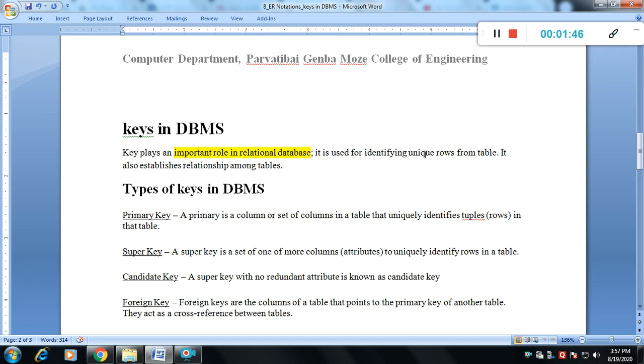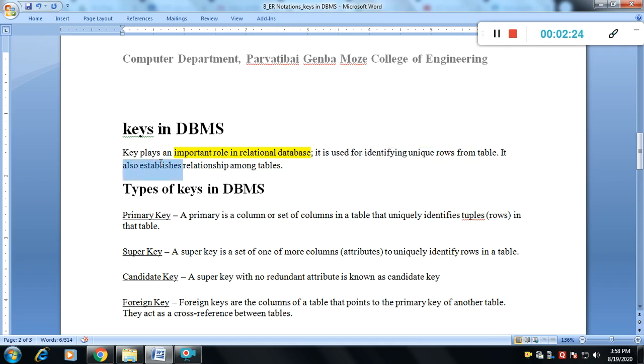A key is used for identifying a unique row. What exactly is the use of a key? It is the unique identification of a row. For example, we store student information in a table and want to find a particular student's information. We will definitely find it with the roll number, or a unique ID. That roll number itself is a key, normally called a primary key, a basic key, with the help of which we find the exact record. A record indicates a particular row, used to identify the unique row from the table.